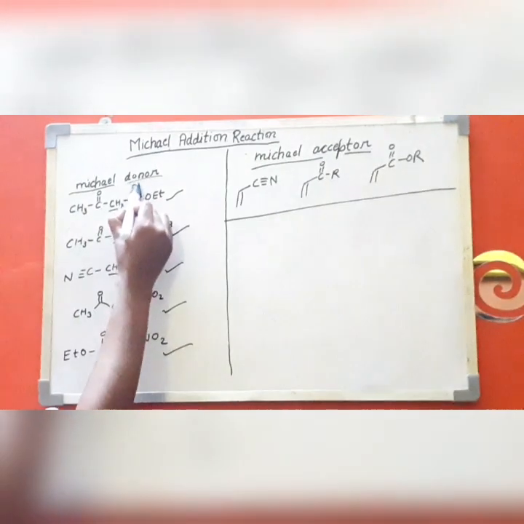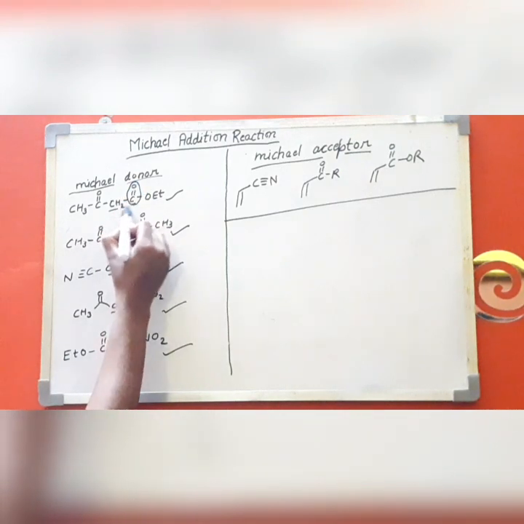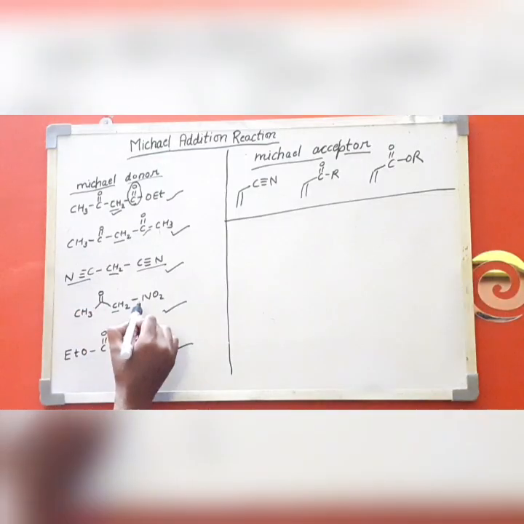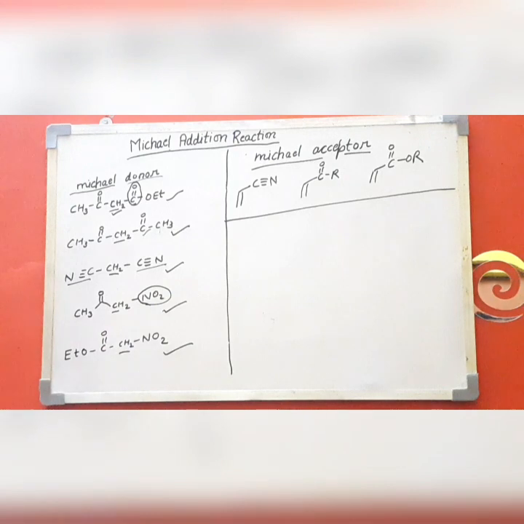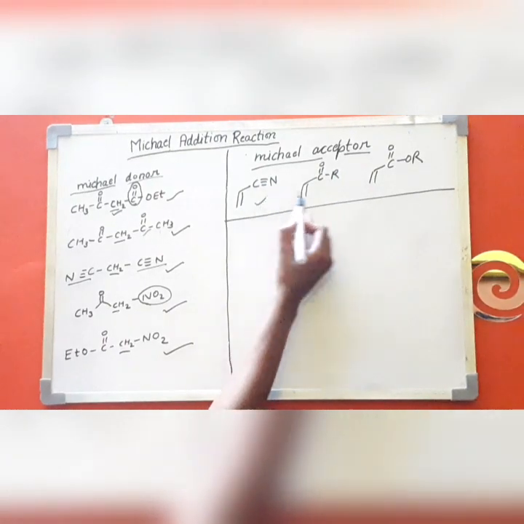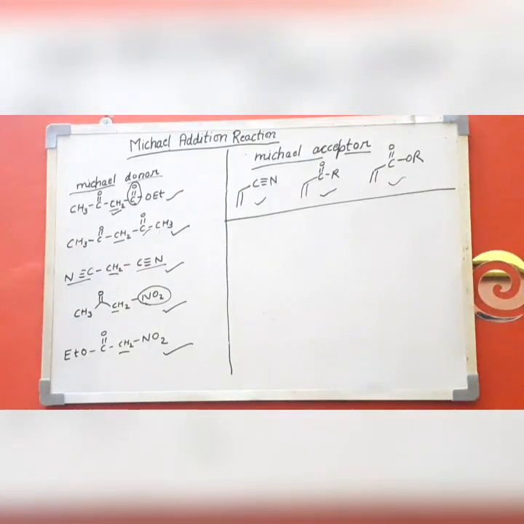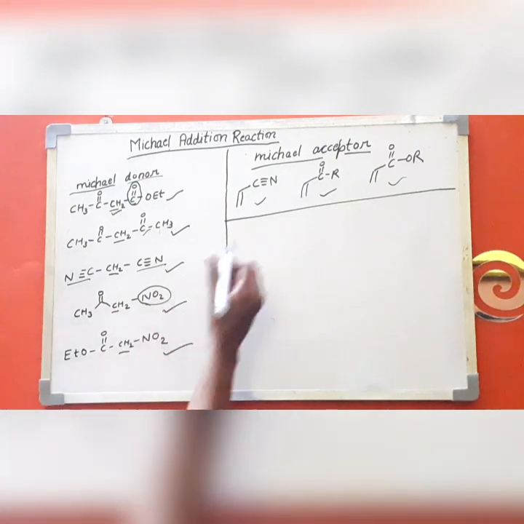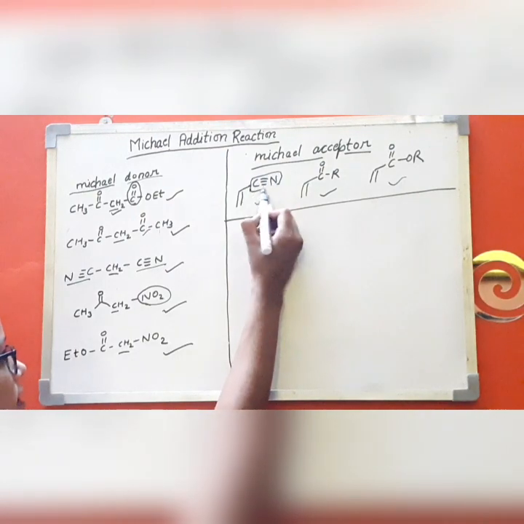It is because of the presence of this carbonyl group. So this is an active methylene, and in this case this is also a carbonyl. This is a CN, and this is an NO2 group. This means an electron withdrawing group must be present. So we get the active methylene hydrogen, and due to that active methylene hydrogen we get the stable enolate ion. And these are the examples of the Michael acceptor, because these are alpha beta unsaturated carbonyl compounds, or it may be CN also, in place of the carbonyl.